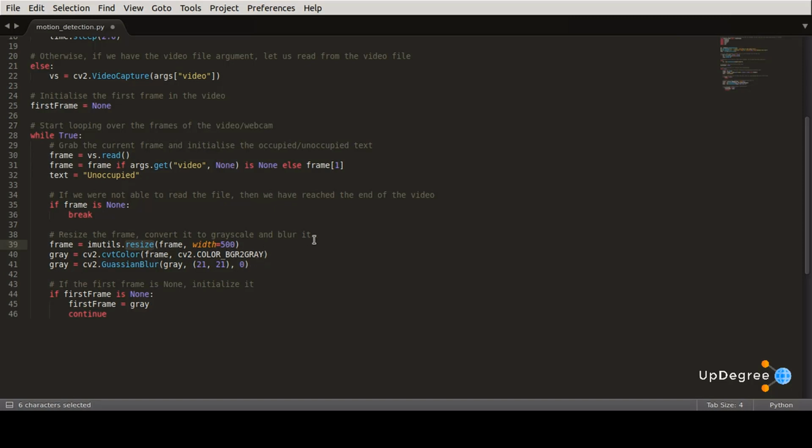And then we'll also convert the image to grayscale, since color has no bearing on our motion detection algorithm. Since our motion detection algorithm is based on background subtraction, we don't need a colored frame, we just need black and white. Finally, we'll apply Gaussian blurring to smooth our images. We do the Gaussian blur in this line to apply a Gaussian blurring algorithm on our images. So why do we do this?